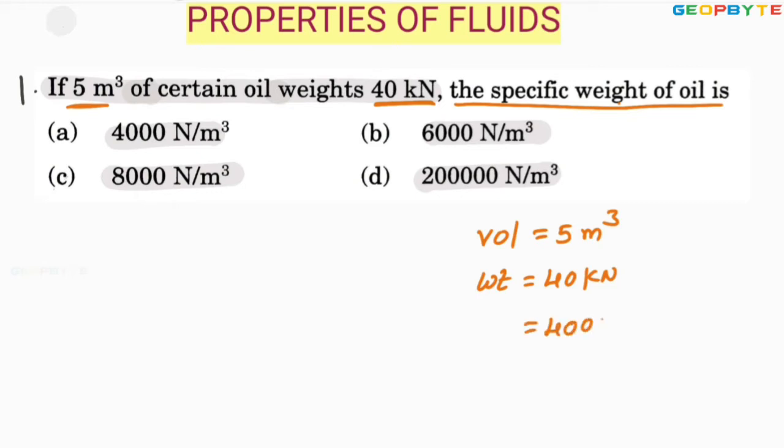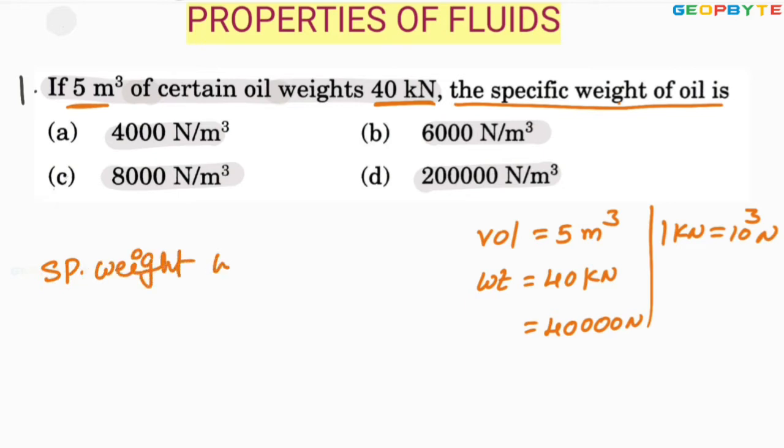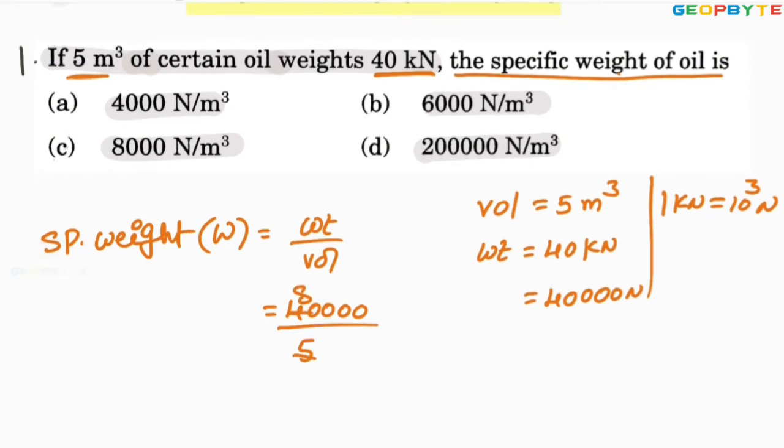It is 40,000 Newton because 1 kilonewton is equal to 10 power 3 newtons. Then the specific weight. What is the specific weight formula? Specific weight, denoted by capital W, equal to weight by volume. Your weight is given, 40,000 divided by 5. 5 eights are 40. So it is finally equal to 8,000